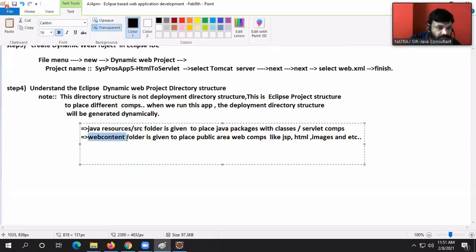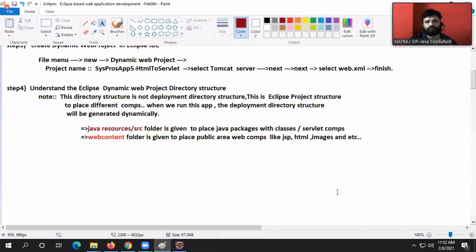WebContent folder. Java Resources slash src folder is given for which purpose, guys? This purpose. Everyone understood my point here, guys?